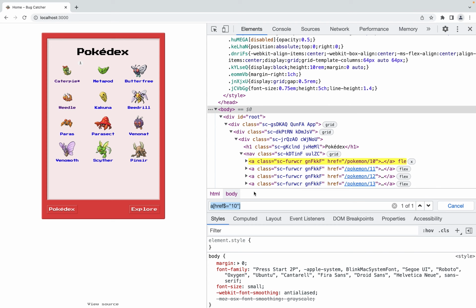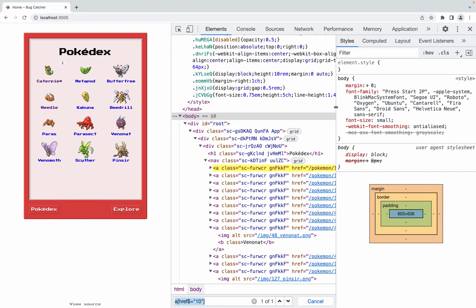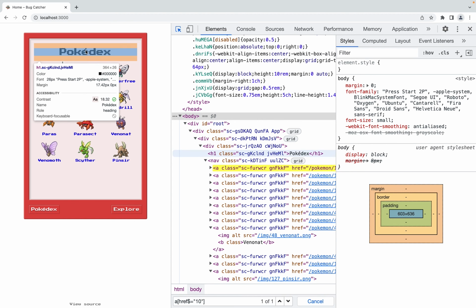The next thing I want to highlight in the Elements panel are the accessibility features. So let me pull this out just a little bit further. So we get our sidebar here. These features provide us information about our app that we can use to create inclusive experiences for everyone. So first, using the element selector, I'm going to hover over the heading, and we can see here in the popover some accessibility information like color contrast ratio, the name, the role, and whether the item is keyboard focusable or